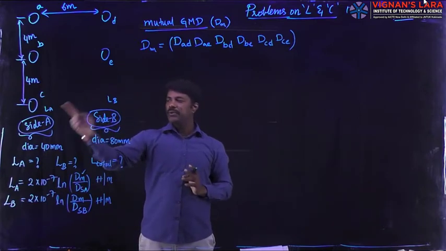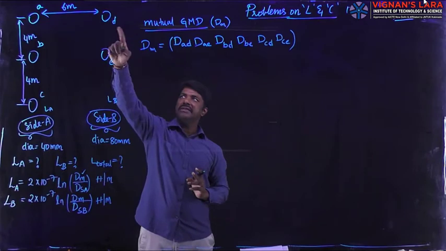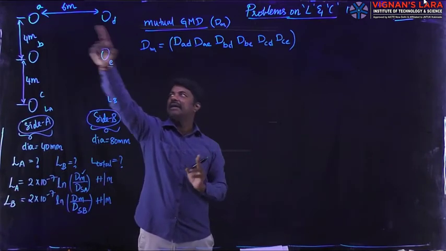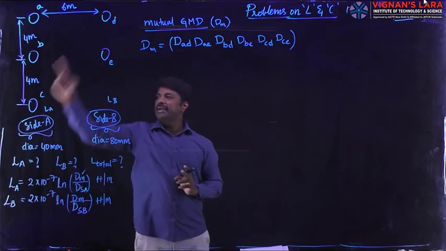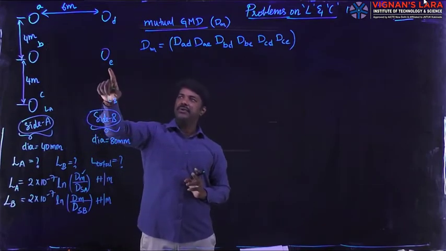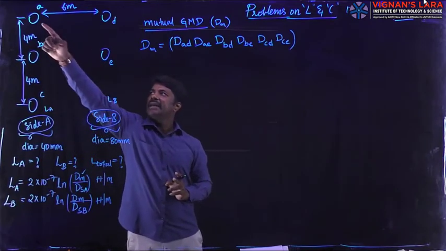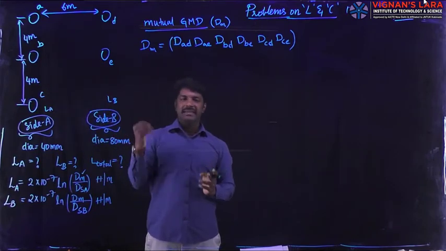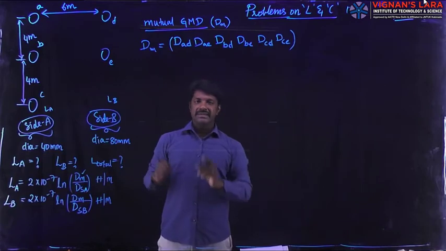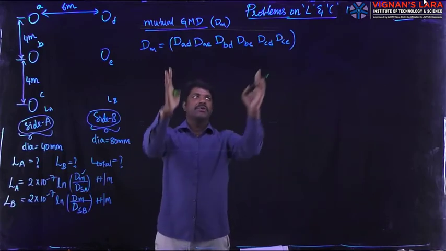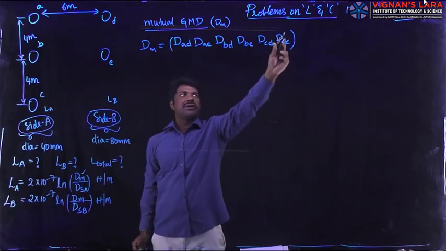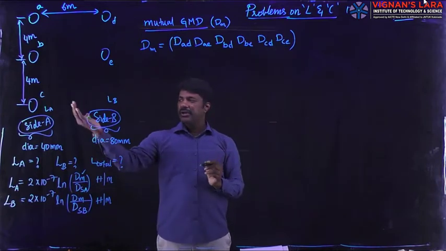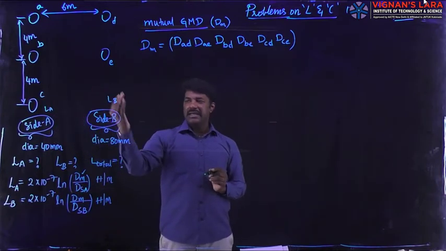So from B to A, if you check, you will get 6 more terms. With respect to D, the distances are DA, DB, DC. Similarly, with respect to E, the distances are EA, EB, EC. But they are the same distances. Since they are the same distances, in the product process and the power process, they will be cancelling out. That is why I am considering only from one side to the other side.